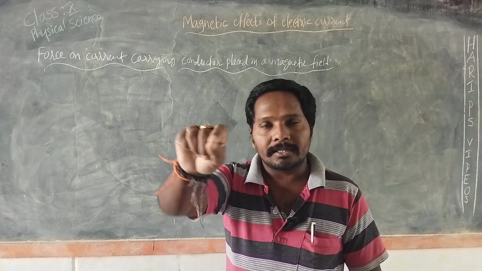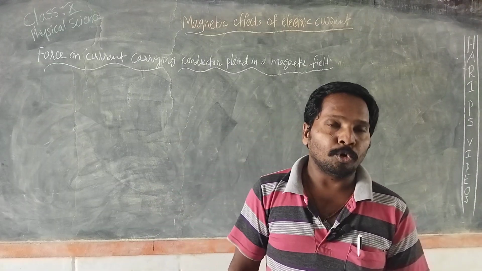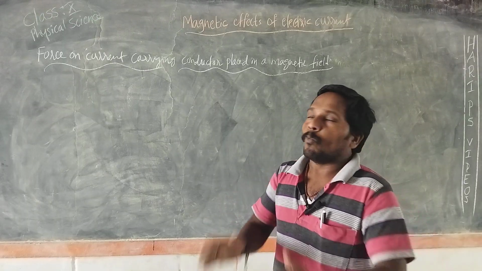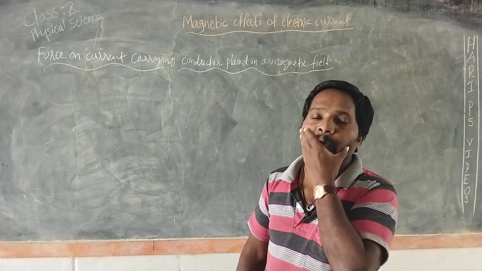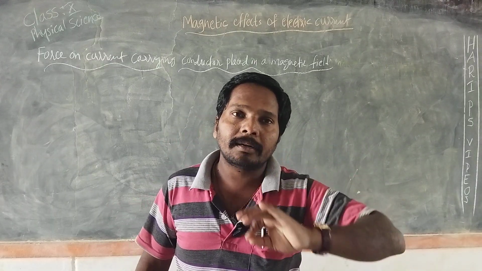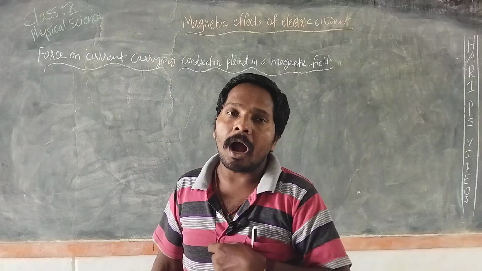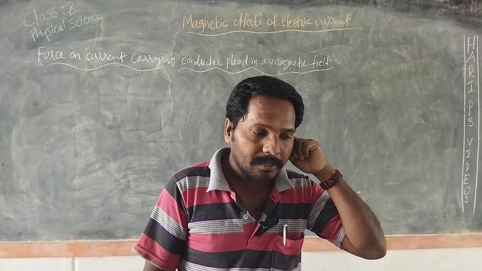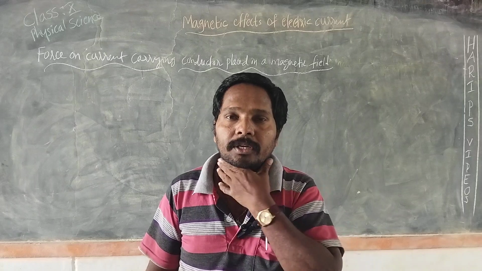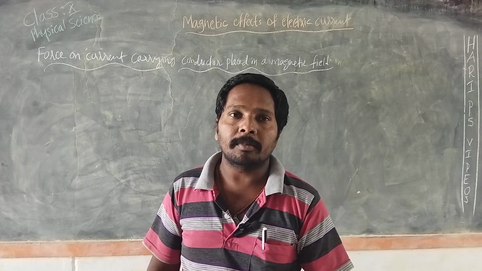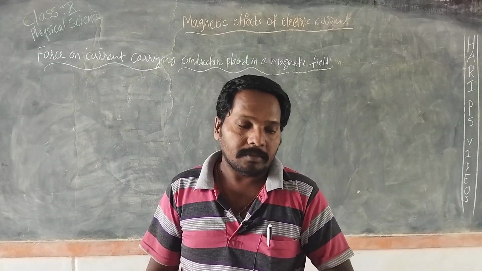So electric charges in motion produce a magnetic field. Now what happens if these electric charges are in motion, or the electric charges, nothing but current,